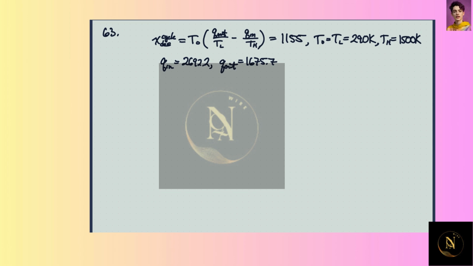In this problem, we want to determine the exergy destruction associated with the regenerative cycle in problem 45. And we have a high temperature side of 1500 Kelvin and a low temperature side of 290 Kelvin for the heat transfer. And so the thing is that it's actually very easy to find the cycle exergy destruction because